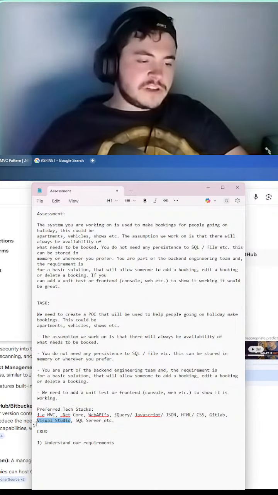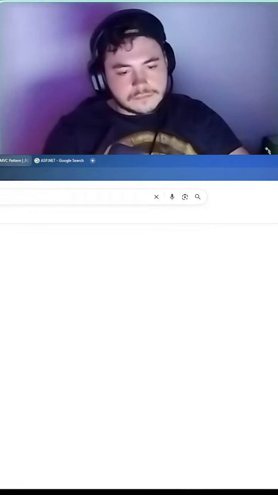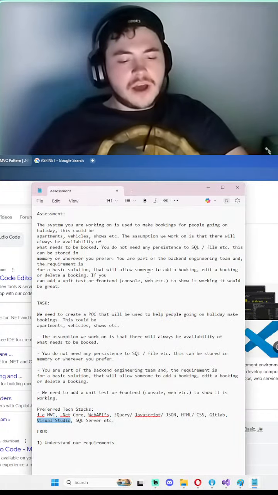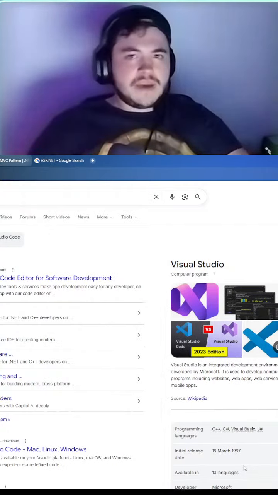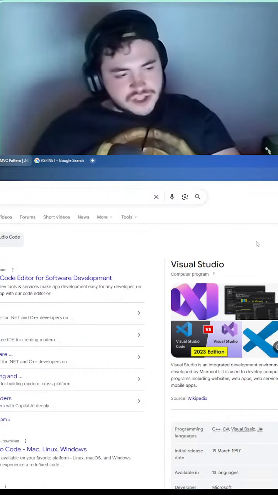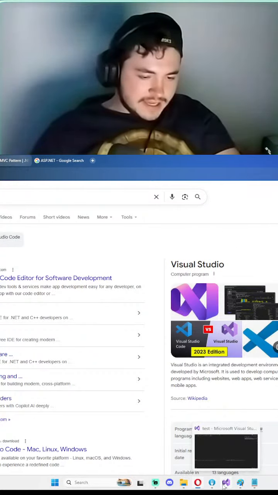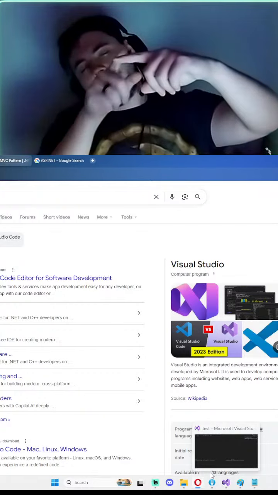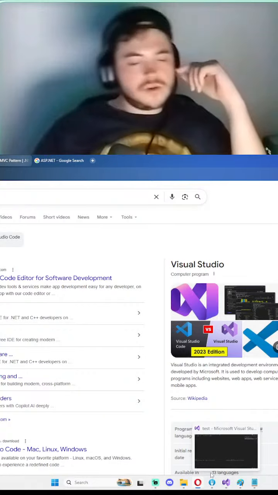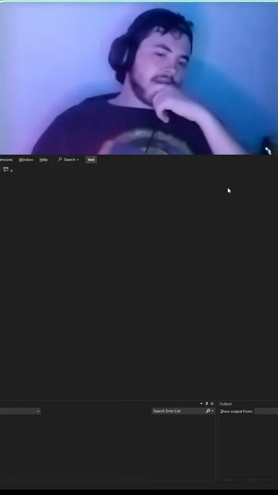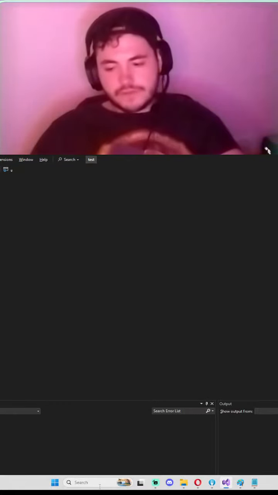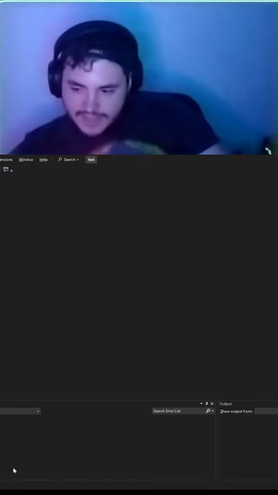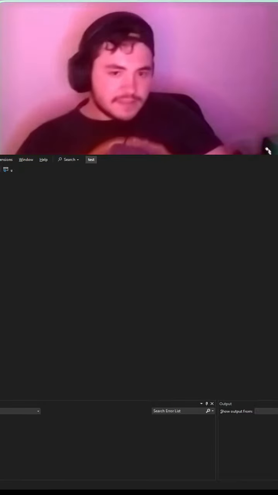Visual Studio. Visual Studio is an IDE. It is how you write your code. Because I'm not going to write my code in a text file, right? I'm going to make it in a proper application. And that application has a built-in debugger so that I can actually run my program. It stops at a certain point. I can hover over the values to see, hey, what value are you? This is what Visual Studio looks like. I don't actually know if you guys can see it on stream, so I'm just going to pull that up. Hey, you guys can see enough to get away with it. Okay, cool.